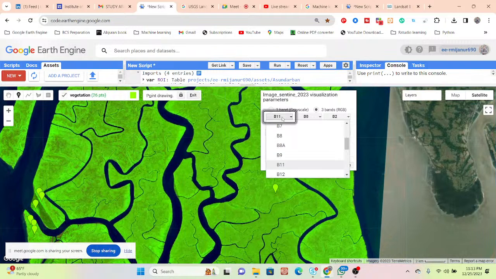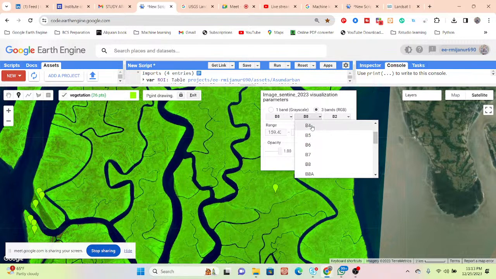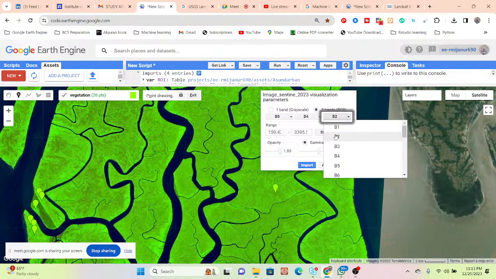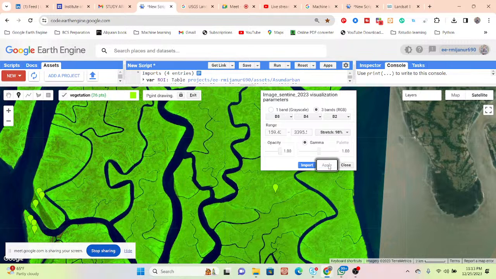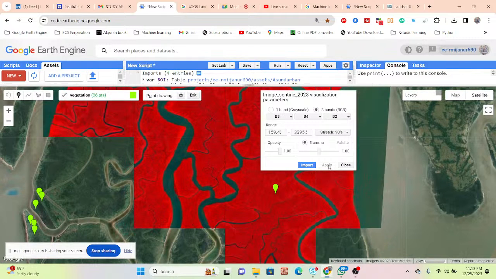Or if you want you can also change it. Suppose when I put here the short wave infrared, then put here the near infrared B8, then put here the red and blue. With this band combination we can get the red color. You can see this type of red color. In this time this red color identifies the dense vegetation.